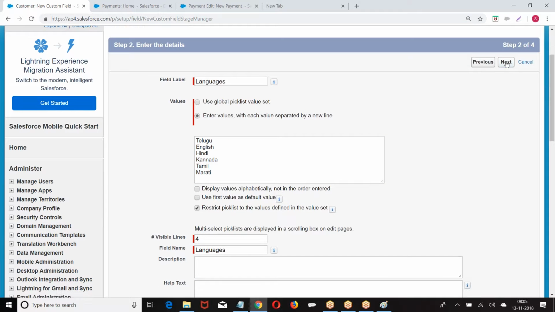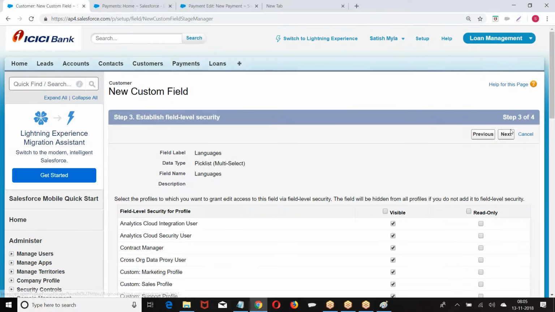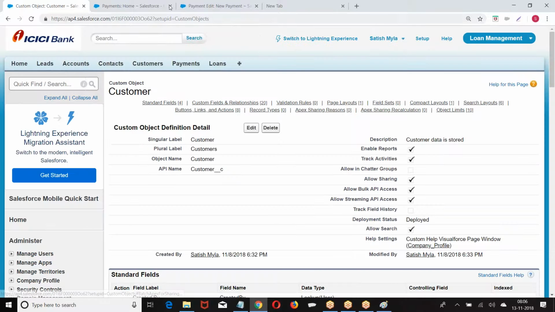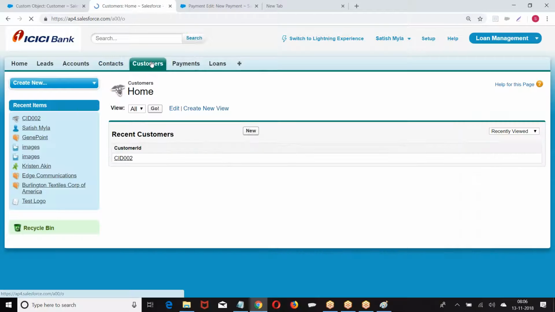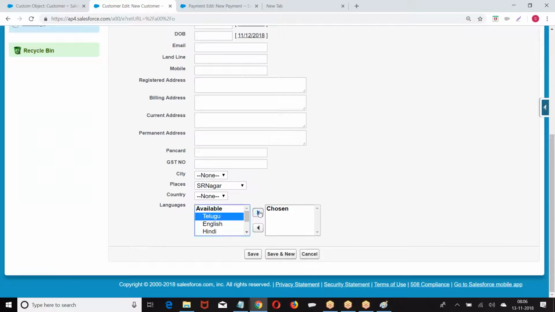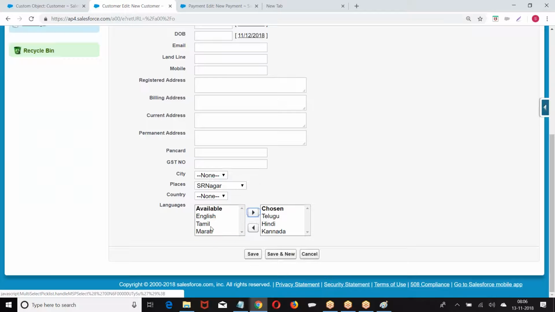Now, I gave a couple of options. We are able to select more than one option. Right, boss? When you are able to select more than one option, it is called multi-select. So we have a pick list and we have a multi-select pick list. I hope you are good with this.